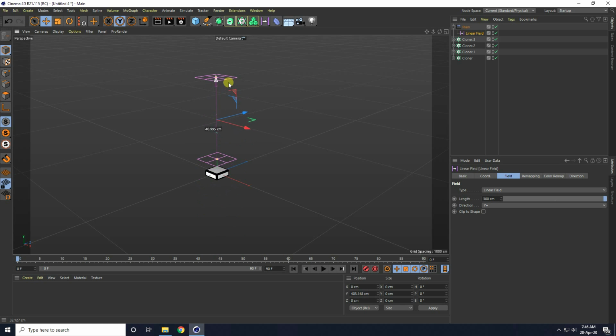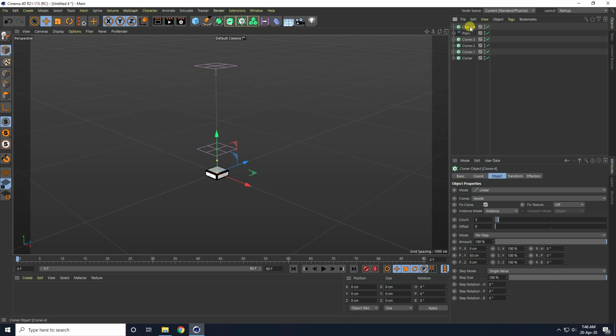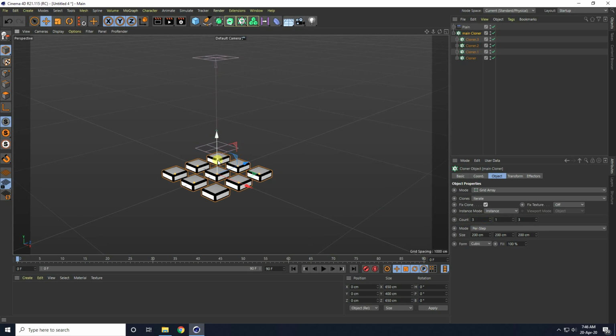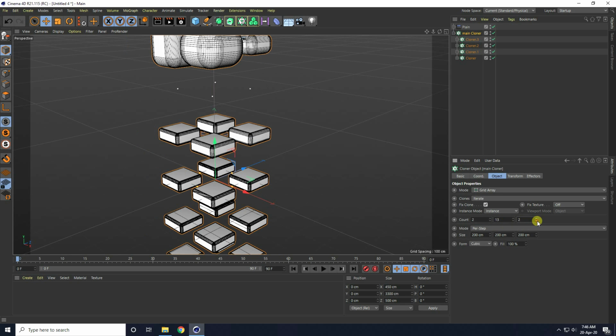Okay, so guys, my shapes are complete, and now I take cloner again. That's my main cloner. You can rename it like main cloner. Yes, and go down. Select all cloners, that's my shape cloner, and make them children of the main cloner. Select this cloner, and mode I take grid array, and decrease count, I take 2, and middle count I take like 13, and the third one I take 2.